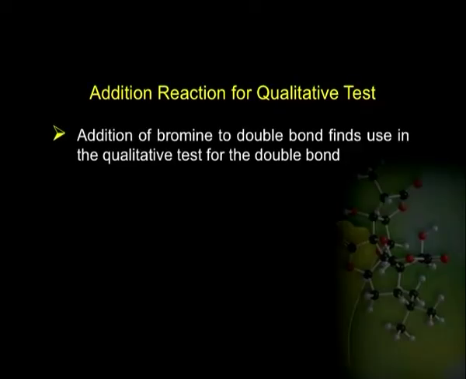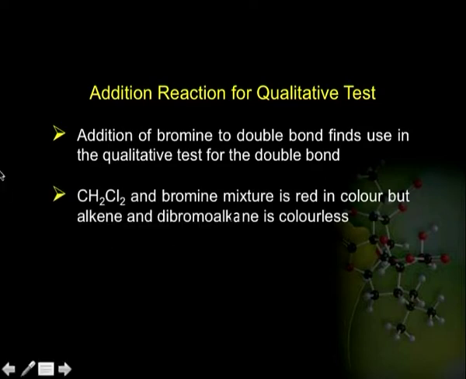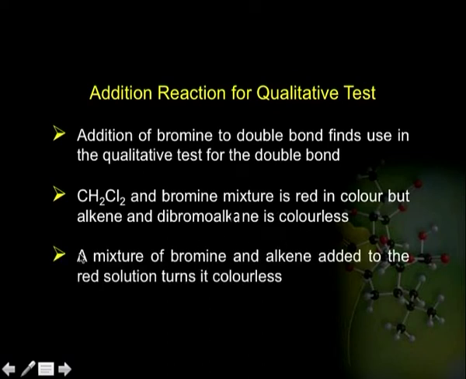We observe that addition of a halogen molecule to an alkene also gives us a very good qualitative test, because addition of bromine to double bond finds use in the qualitative test for the double bond, and we observe that dichloromethane and bromine mixture is red in color, but alkene and dibromoalkene is colorless. So, when a mixture of bromine and alkene is added to the red solution, it turns colorless because of the formation of the